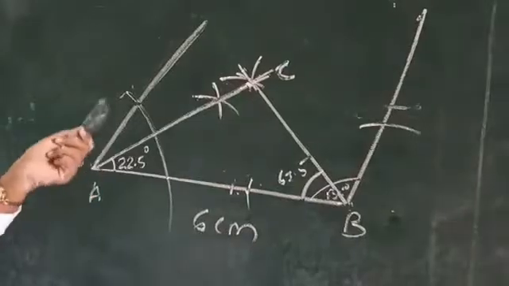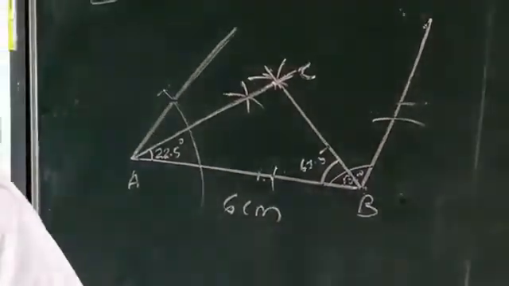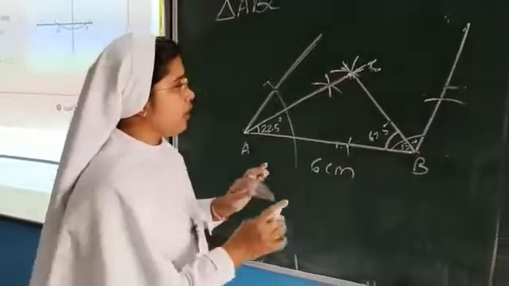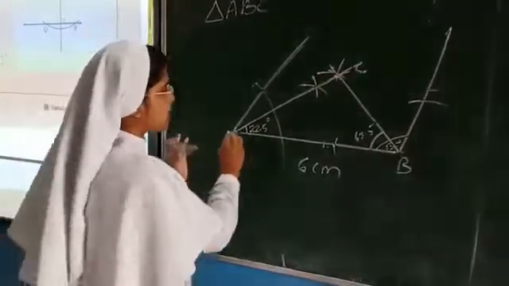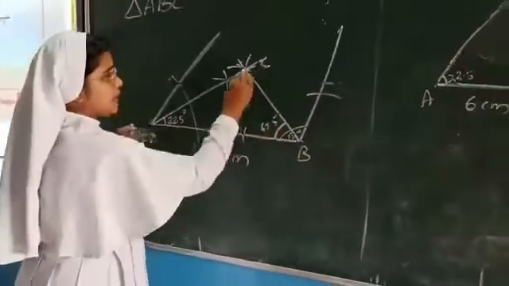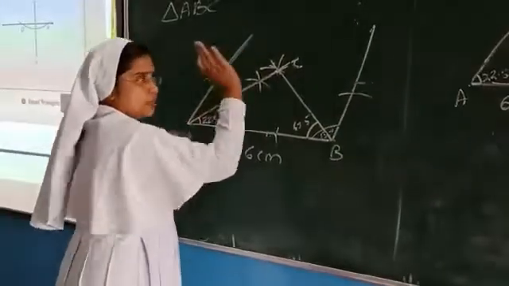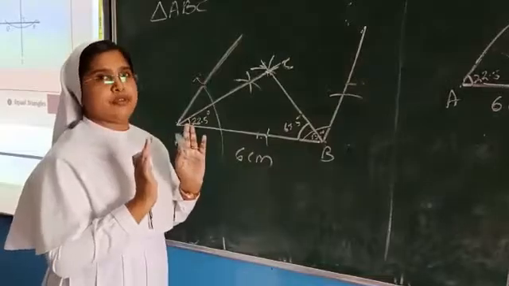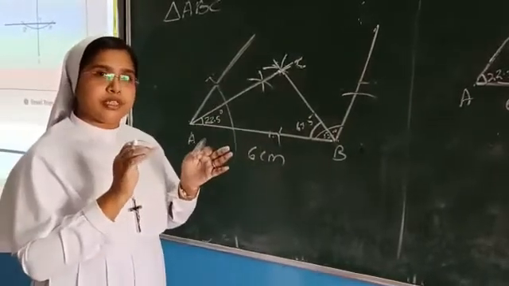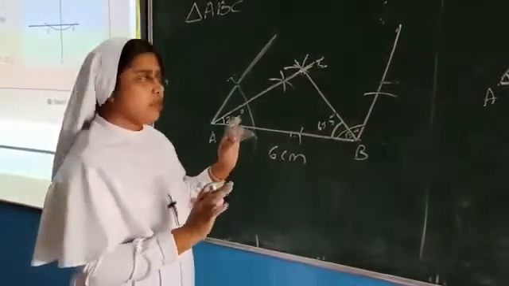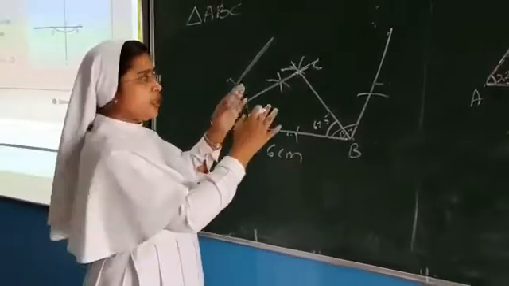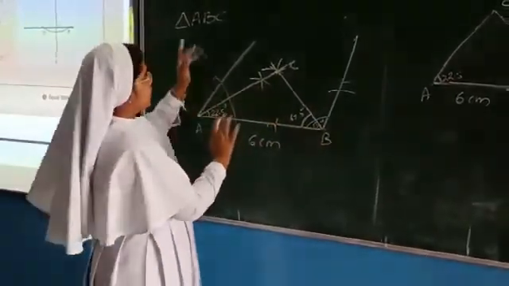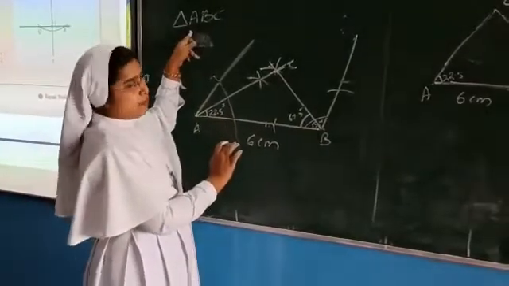So you can see the figure may be very complicated looking, but if this type of question is asked, now what is needed for us? Only this triangle ABC. You may think, oh, this line is not needed, this line also is not needed, will wipe away. No, you have to keep it for the proof, for the teacher who is checking your paper, that you have understood well and you have drawn all these things. Such a way you have found out the triangle. The question was to find out the triangle ABC.